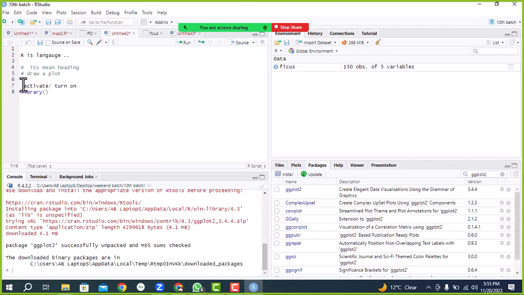So we need to turn on any instrument. Like when you want to work on laptop, you need to turn on it. When you want to use mobile phone, you need to turn on it. When you want to drive your car, you need to turn on it. When you want to drive your motorcycle, you need to turn on it. So every instrument needs to be turned on before its use. So in our library mean activate or turn on. अब वापस आए स्क्रिप्ट पे।